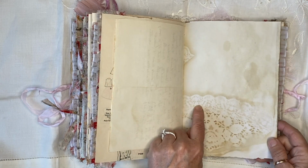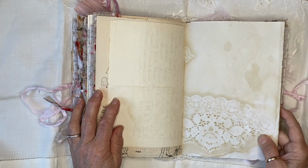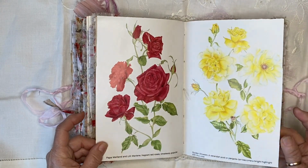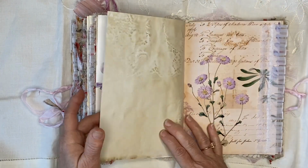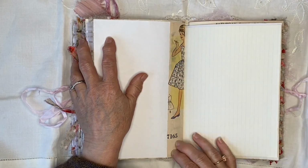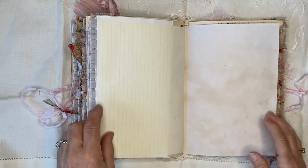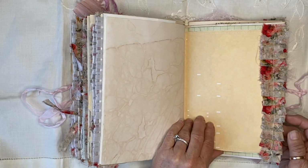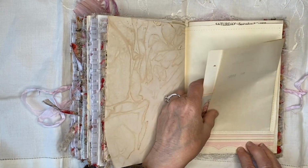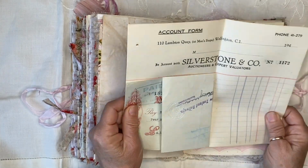Some coffee dyed paper with the doily print, or the plastic. It's kind of like a plastic lace. Sometimes that works for me and sometimes it doesn't, and obviously that time it did. Some book page from a beautiful floral botanical book. Some more of the digital, and then there's that little, I've attached that to there, the little peak of the magazine. More pianola paper. Okay, so this is just the other half. So I've made that into a little tuck, that wallpaper, and in there I've popped some of my favourite account